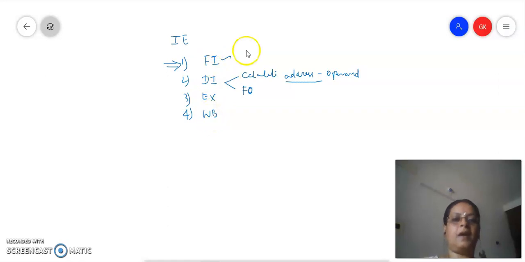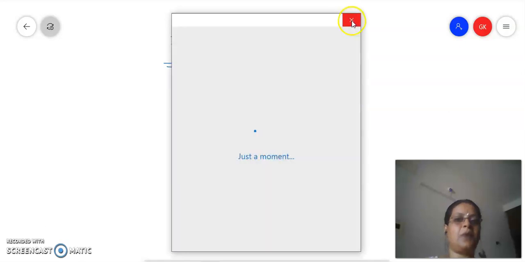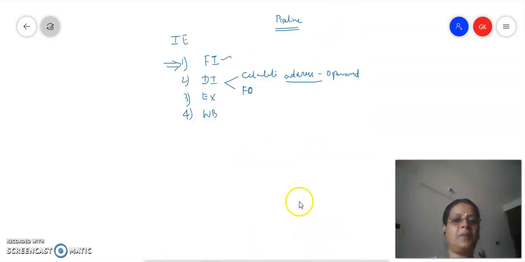Now, the concept of pipelining is to utilize all the hardware units effectively, so that we improve the overall performance. How can that be done? By overlapping these stages of execution. The pipelining concept improves the overall performance by making all the stages active. It is not going to keep any of the stages idle. It will overlap different stages of instruction execution, and that way we improve the performance. If we consider pipelining, there is no need for multiple units. Even if a single unit is available to execute each stage, by overlapping the different stages, we will be able to improve the overall performance.